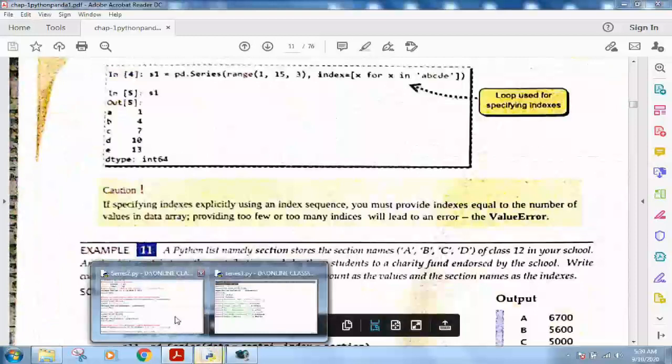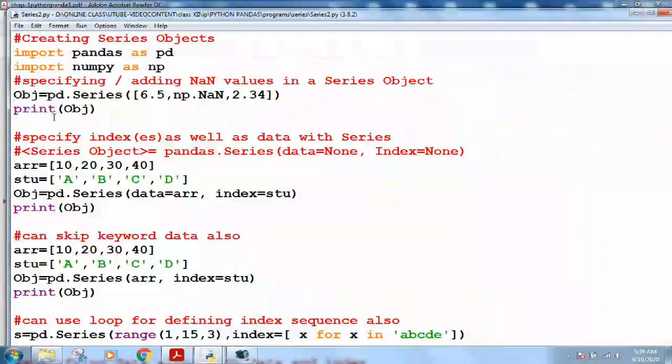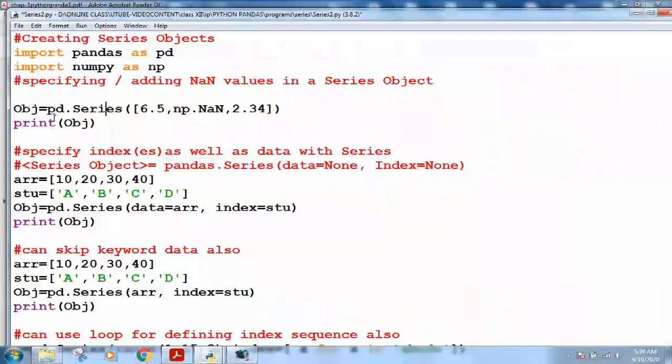Let me show you these things practically. See here, I have created this object obj with NaN values. Second is creating a data series with data value as a list ARR and index as a list stdu.